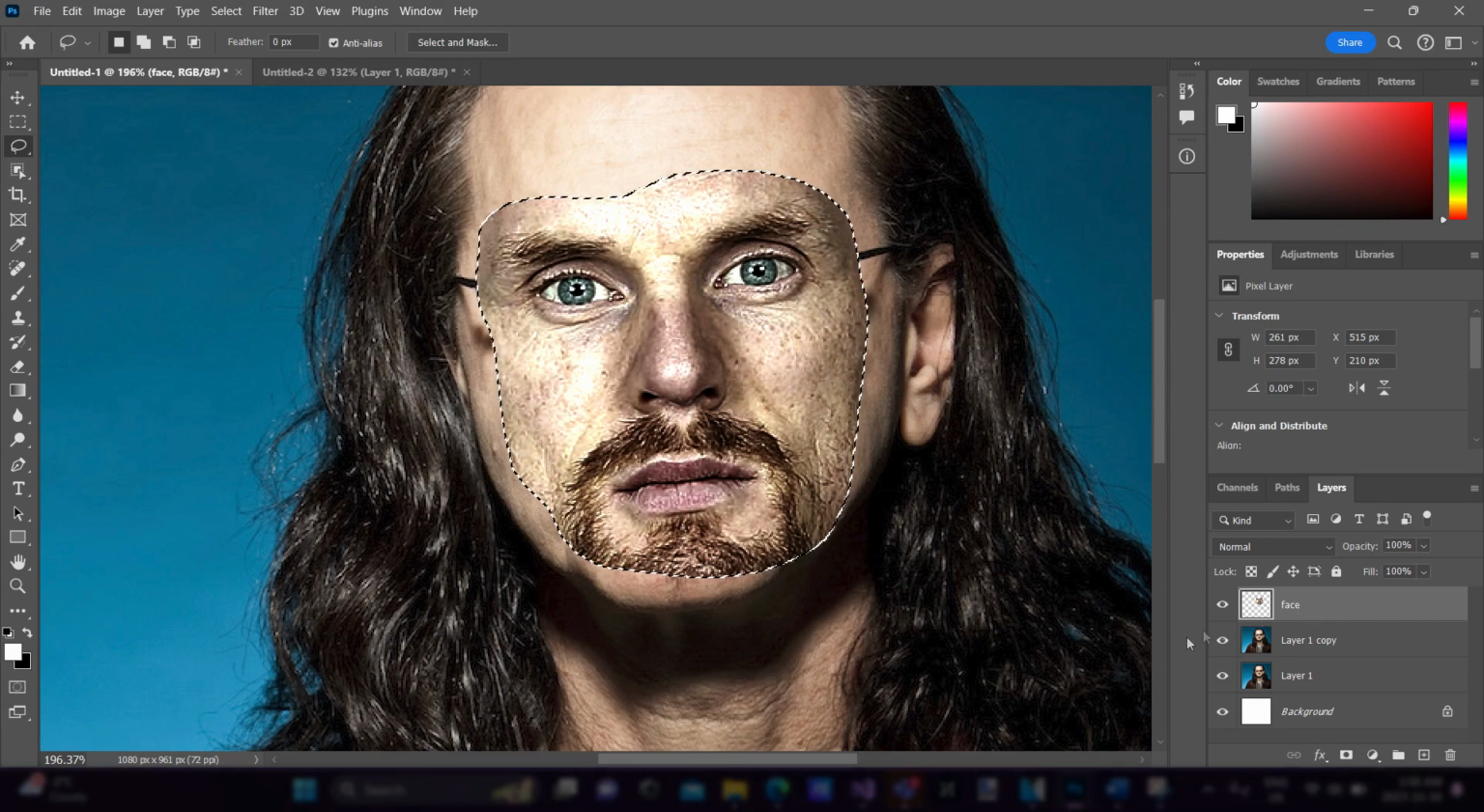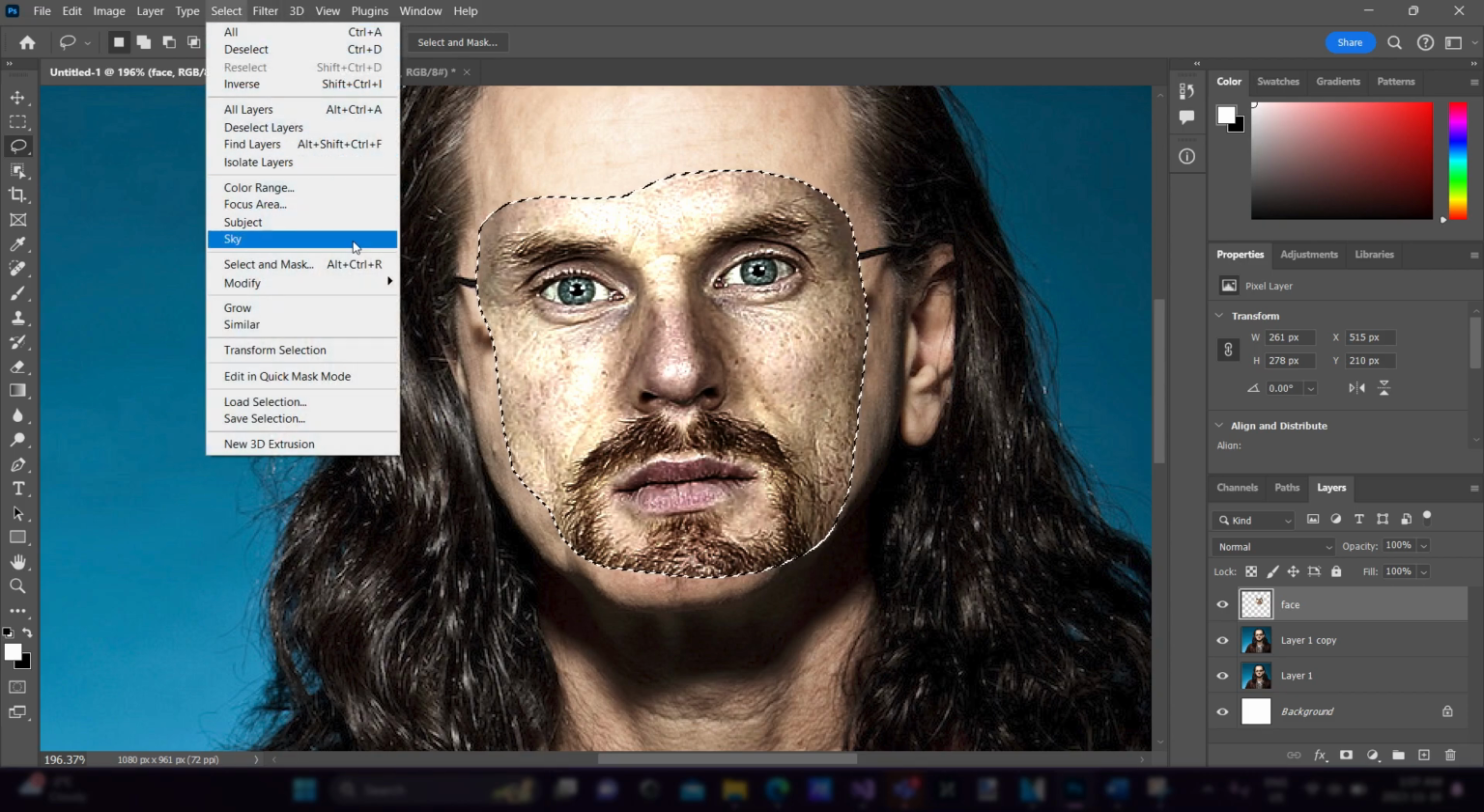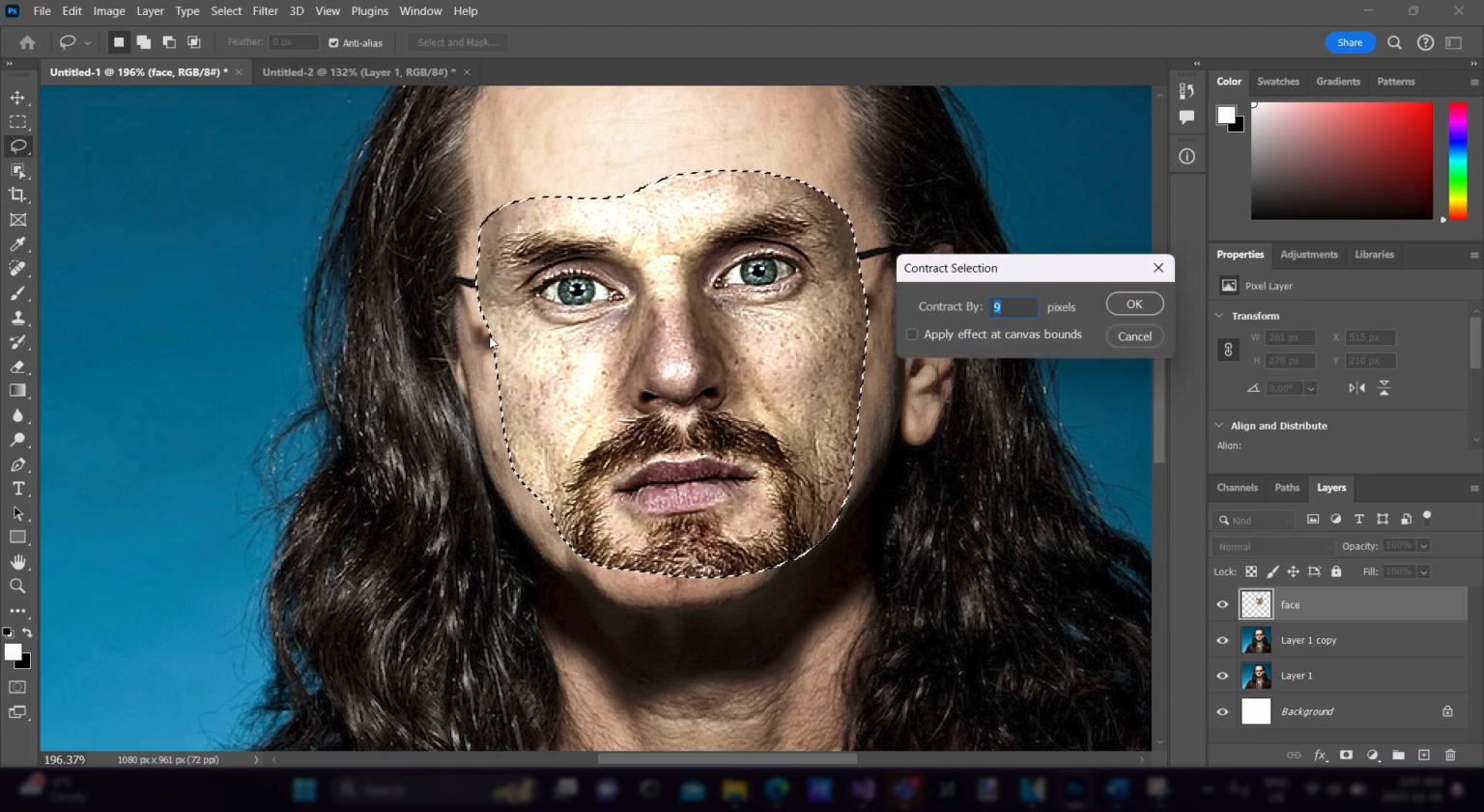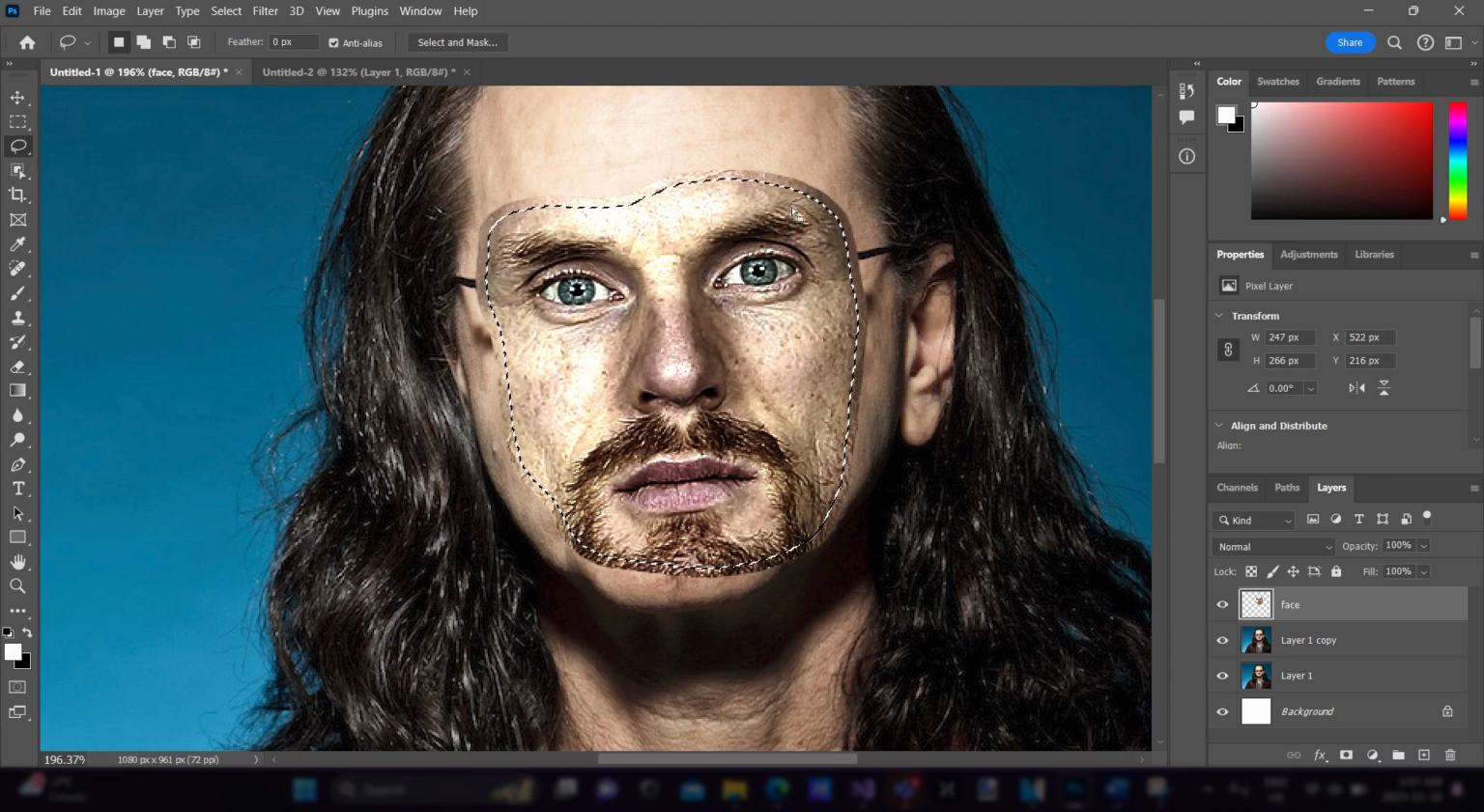So with your face layer selected, let's go up into Select, Modify, and Contract. Contract is going to bring my little dashed line selection in a bit. So if you have a large image like I do, a contract by 6 pixels is probably pretty good. So you can see my selection just got brought in by about 6 pixels from where it originally was. And the reason I'm doing that